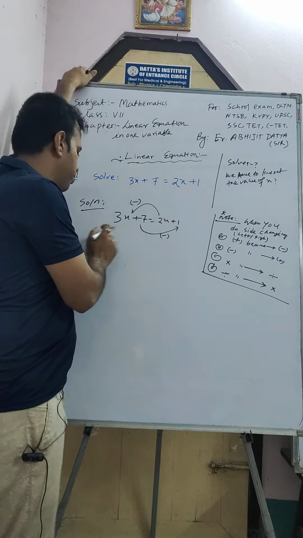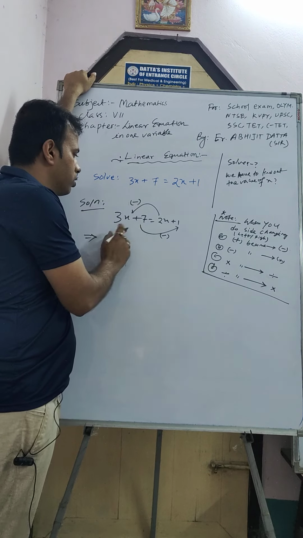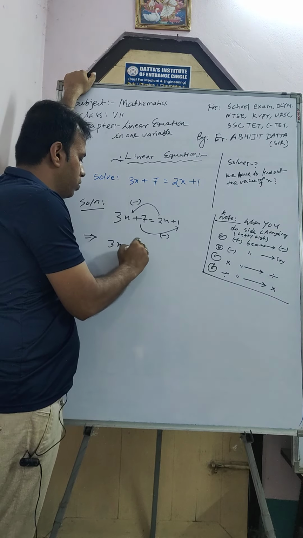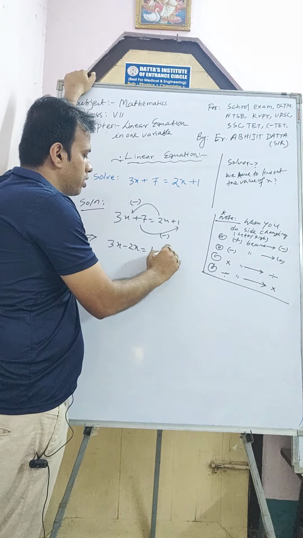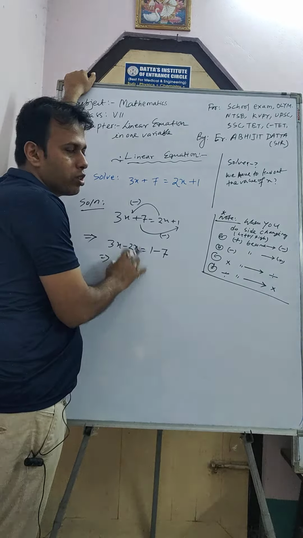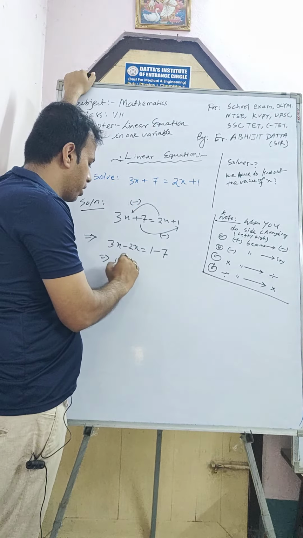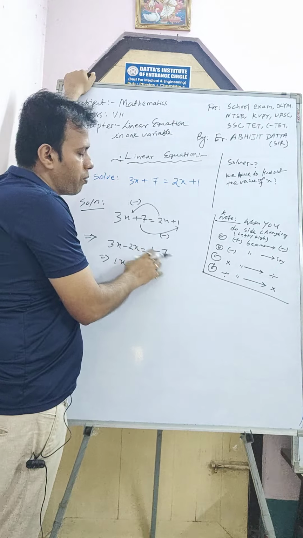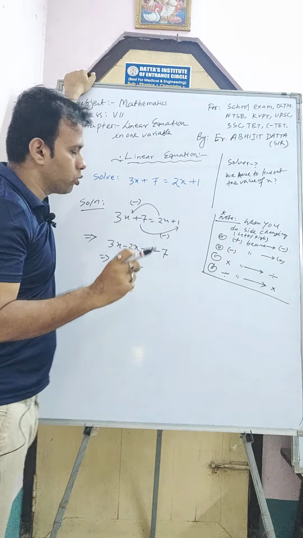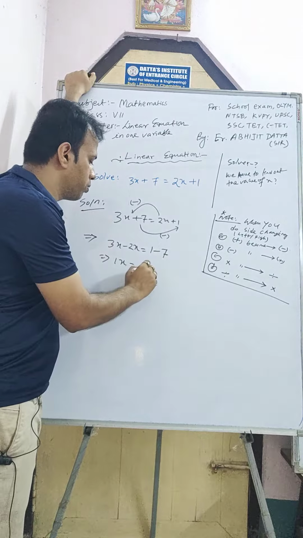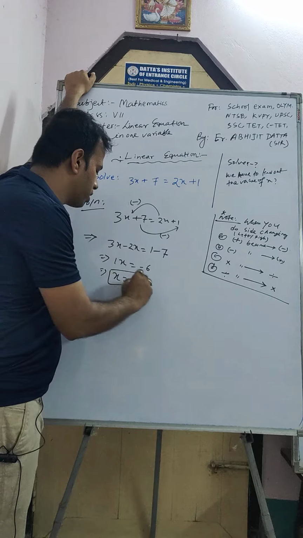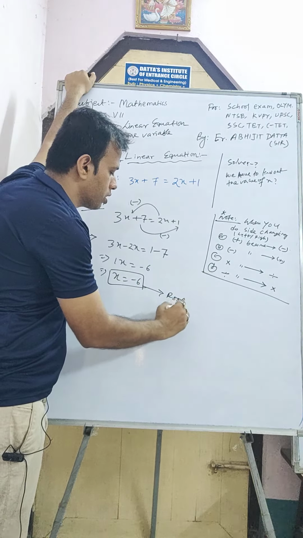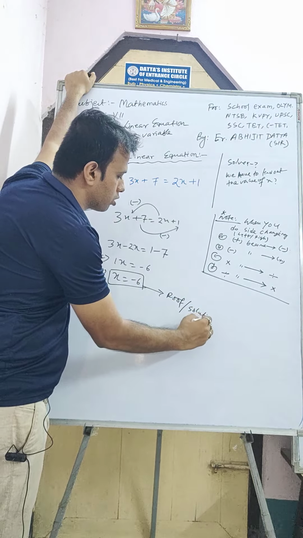So now come here. What will be left here, sir? It will be 3x minus 2x, and when it goes to the right side, it becomes 1 minus 7. That is, 3x minus 2x is how much? 3 minus 2 is what? 1x. Here 1 minus 7, that is, minus 7 is bigger, so you have to subtract 7 minus 1. So it will become minus 6. So x equal to minus 6 is the root, we can say, or the solution of the equation.